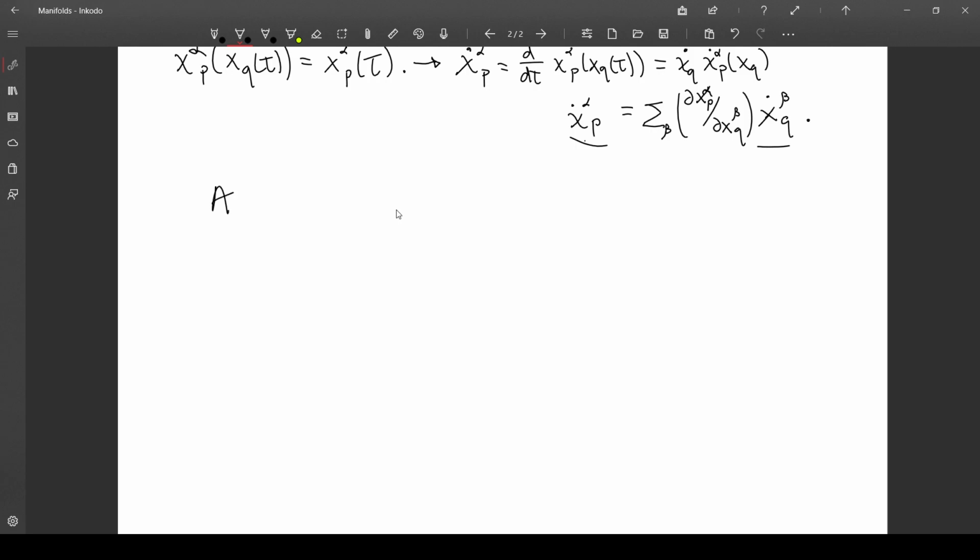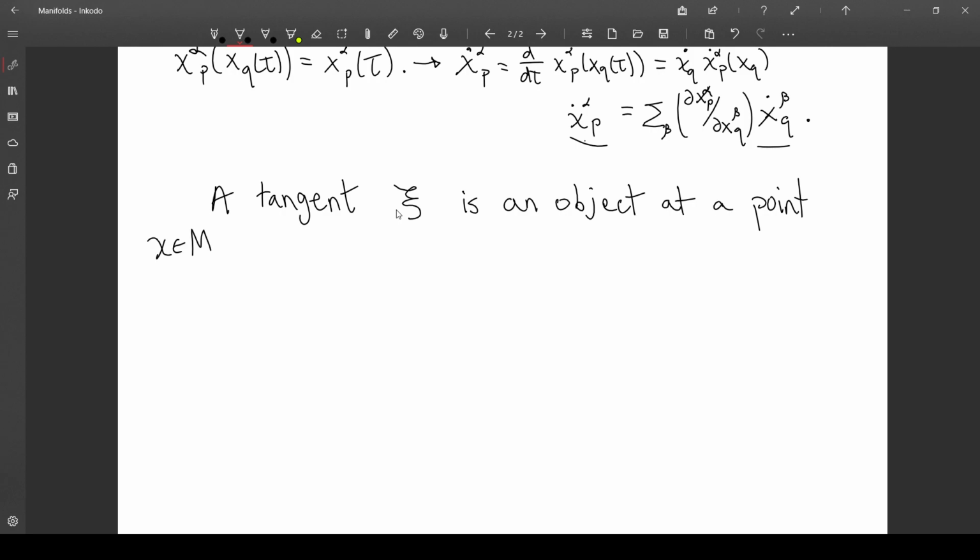So a tangent, and they're typically denoted like this, is an object at a point x on our manifold, such that, or I should say, with components